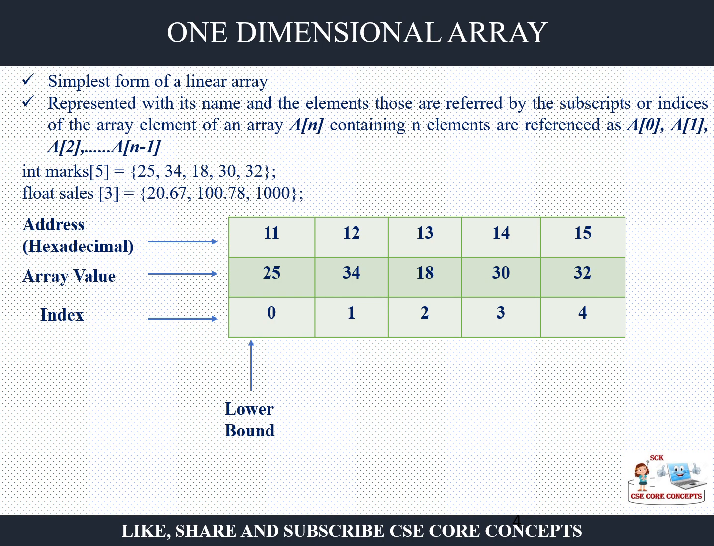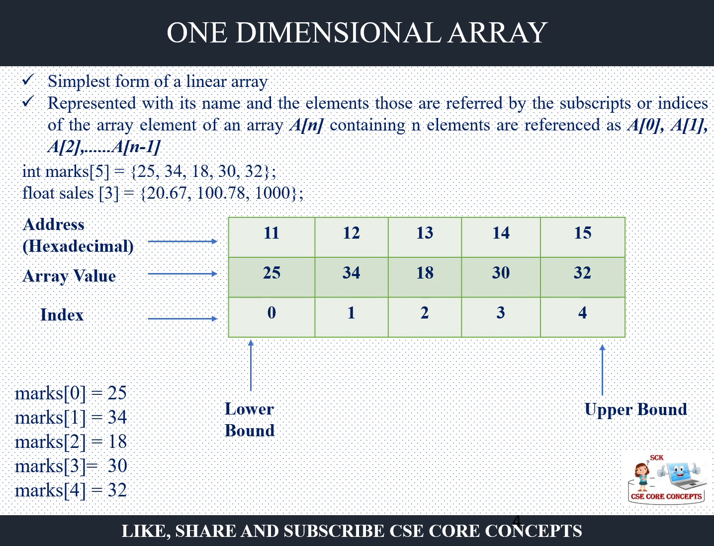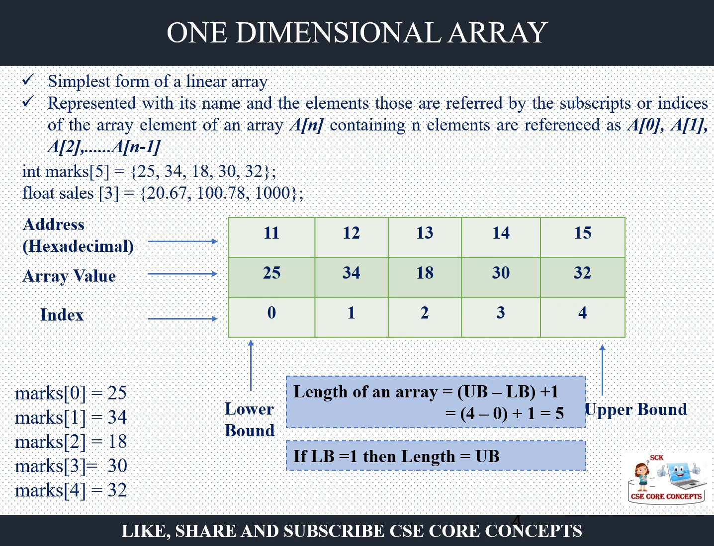Here 0 is called the lower bound of the array, that is, where the index starts, and 4 is the upper bound of the array. I can refer to each of these values as marks of 0, which is the first element, marks of 1 is the second element, and so on. If I want to compute the length of the array, the formula says upper bound minus lower